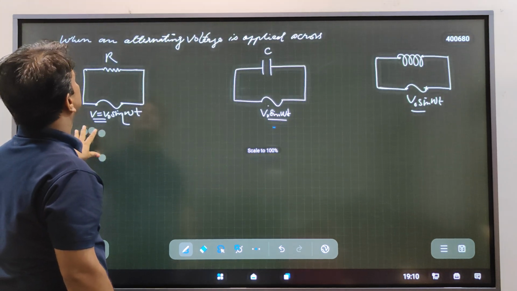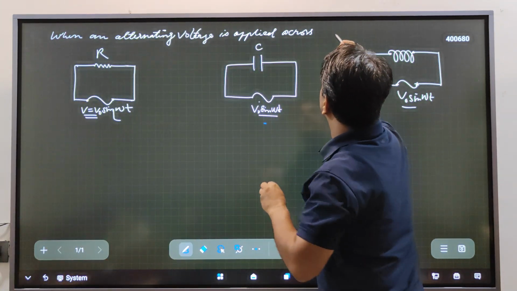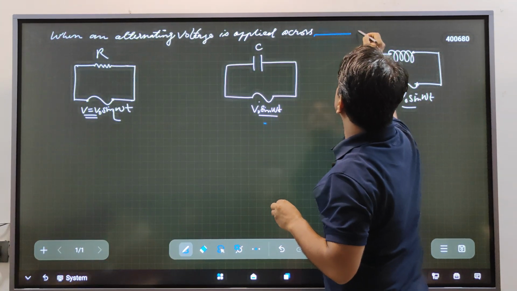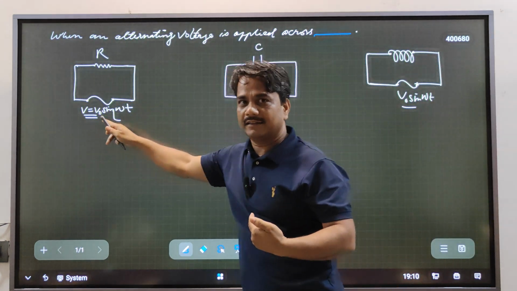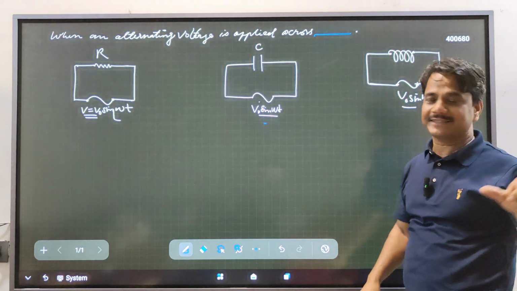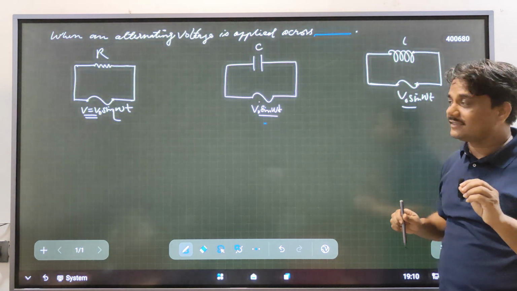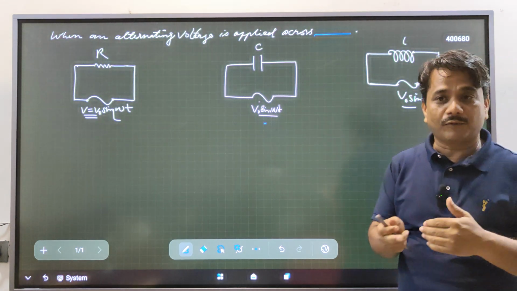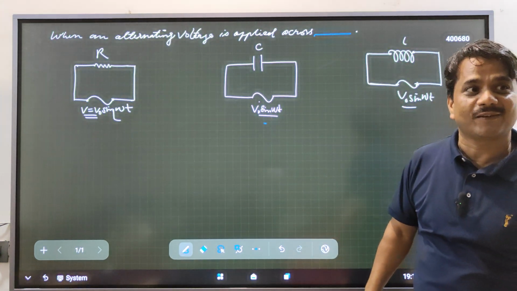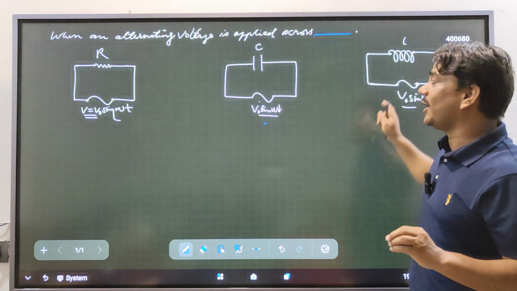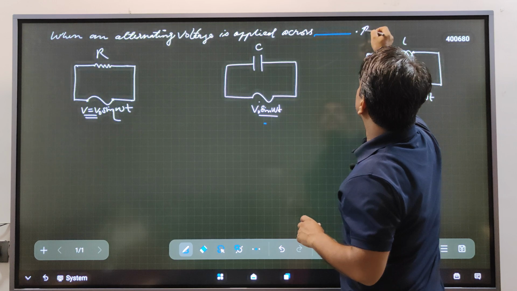Like this. When an alternating voltage is applied across, here you will fill in the blanks. Here you will write resistor, R. In case of capacitor you will write capacitor, C, and in case of that you will write inductor. While studying the current dependency over voltage, you must know the characteristics and properties of the resistor, how the resistor works, how the capacitor works, and how the inductor works. Across an inductor, then